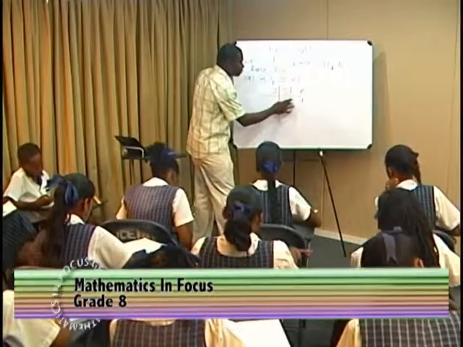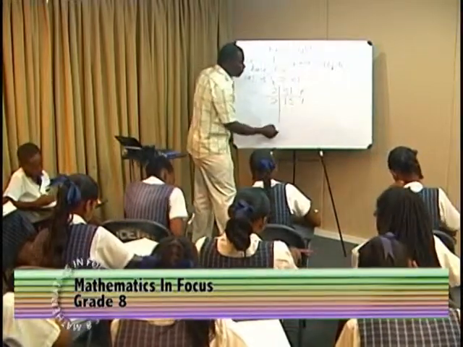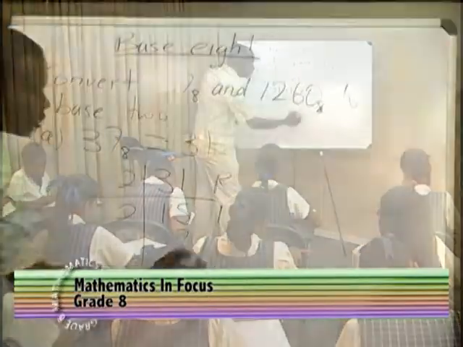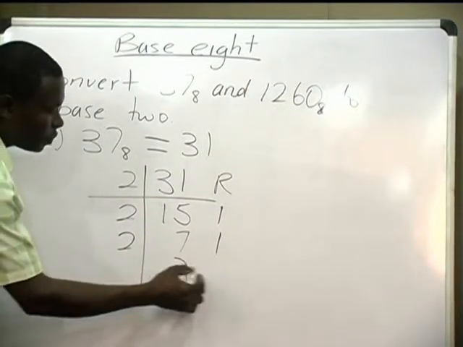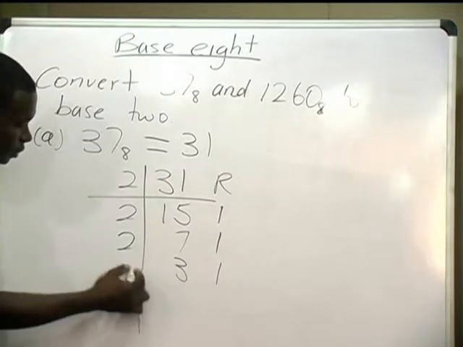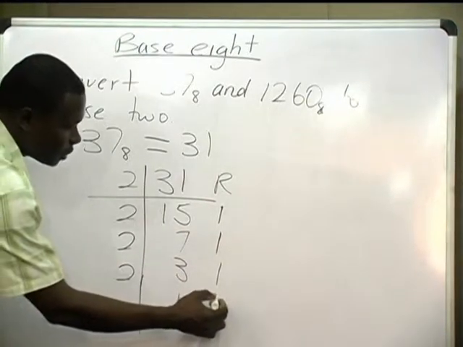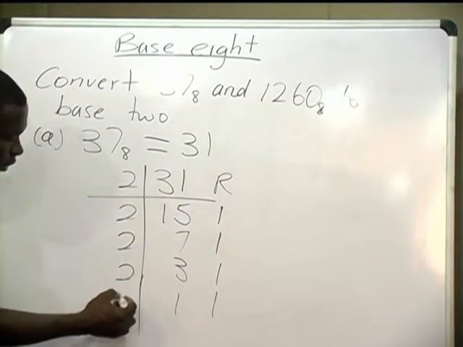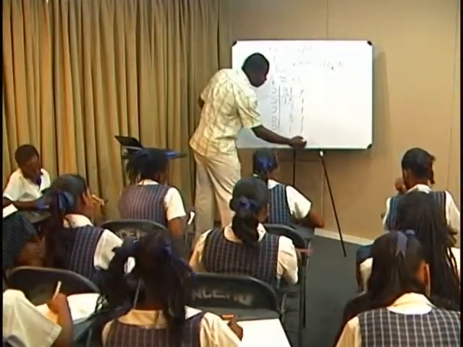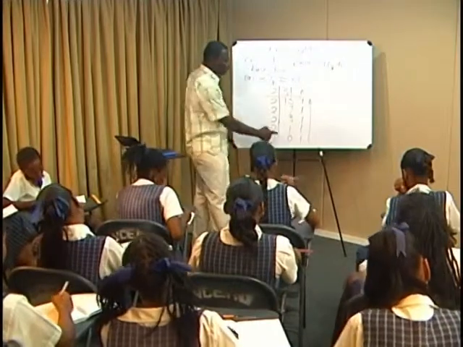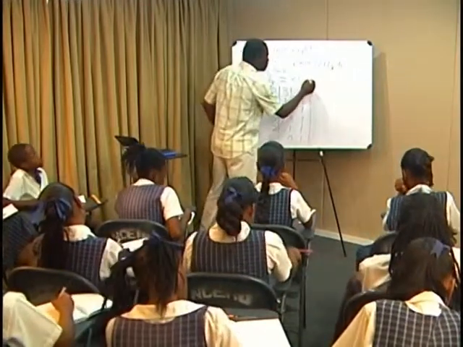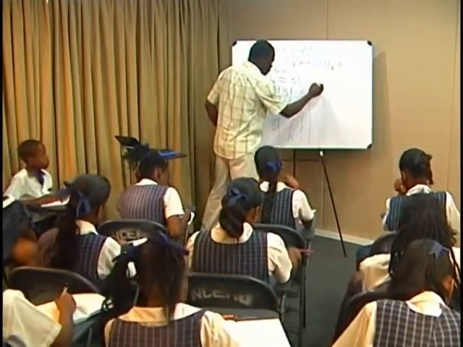Yes, 15. And then we say 2 into 15, 2 sevens, 14, and 1 remainder. 2 into 7, 2, 3, 6, and 1 remainder. 2 into 3, 2 ones, 2, and 1 remainder. Then we say 2 into 1, 0, and 1 remainder. And we go in this pattern from the bottom up, and we see that this will be equal to 1,